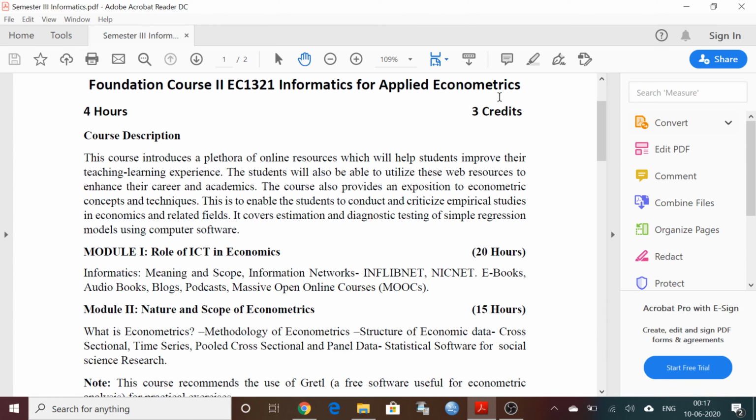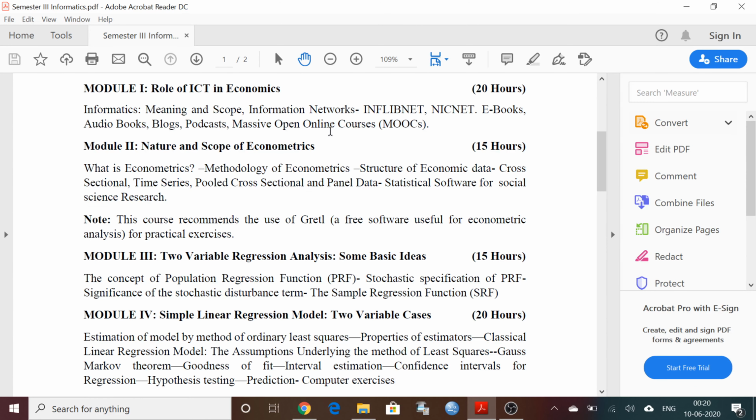In the third and fourth modules, the concepts used in the empirical analysis, you're going to do the empirical analysis. So what are the concepts used in the econometric analysis, and what statistical tools are there, all those things are explained in the third and fourth modules. I hope I have answered your question, and of course I will show one online resource